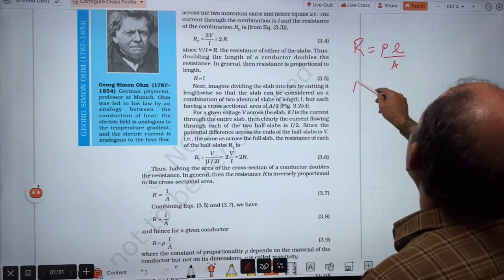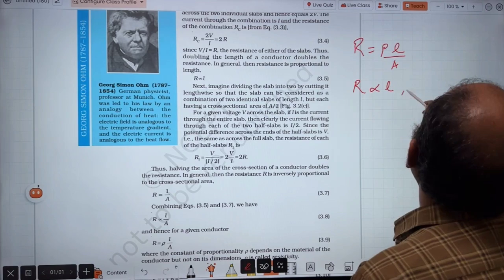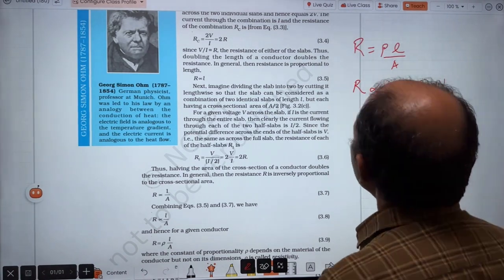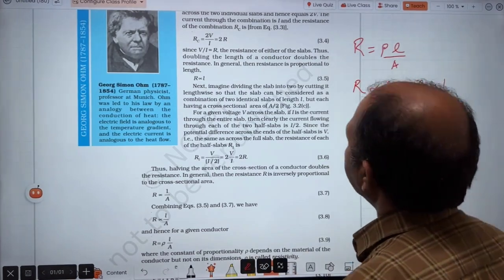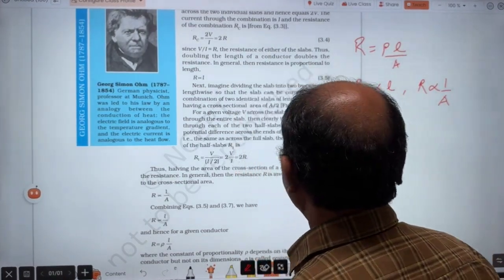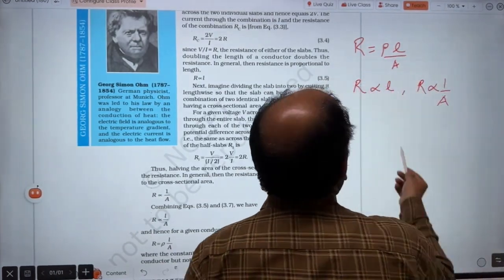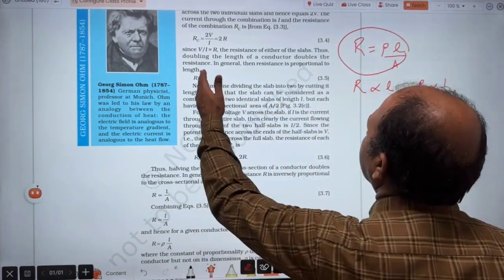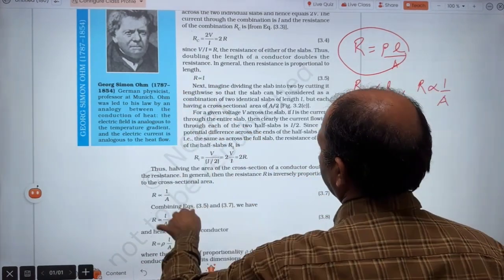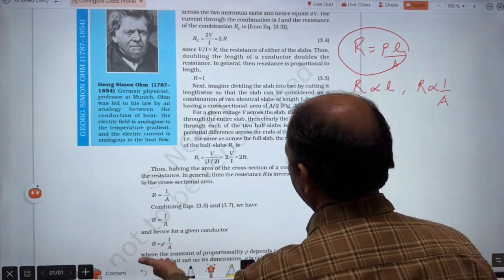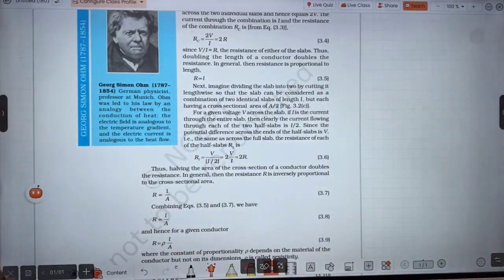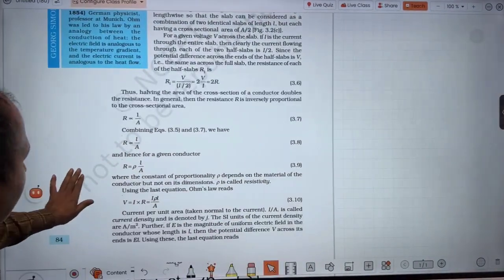It means R depends on L and depends on area of cross section, but in an inverse way. The same thing is given here, and if we combine, we will get this result. The same thing is directly written that R is proportional to L and R is inversely proportional to area. If we combine, then we will get this result. That is not so important, but you must know. Further,